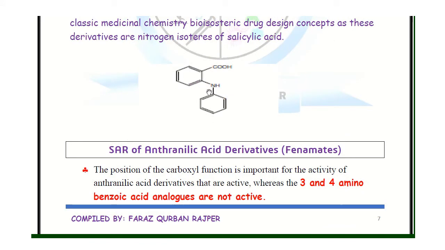You simply draw the two benzene rings, connect them by the NH, and just place the benzoic acid or carboxylic acid at the upper benzene. The SAR of the fenamates, the anthranilic acid: the position of the carboxylic functional group is important. If we go to 3 and 4 amino benzoic acid, then they will not have the activity. This indicates that if we substitute the amino functional group at the 3rd or 4th position, or convert it to a 3 or 4 amino benzoic acid derivative,